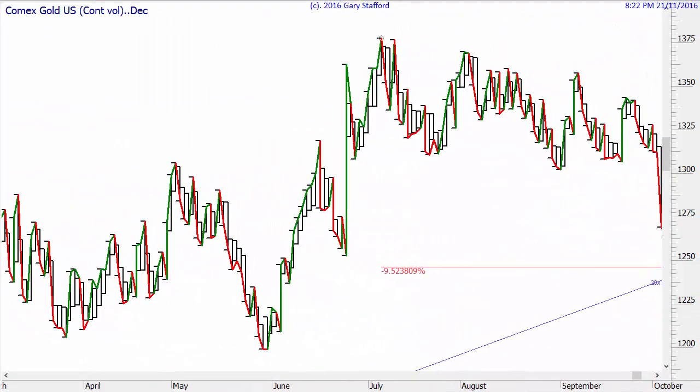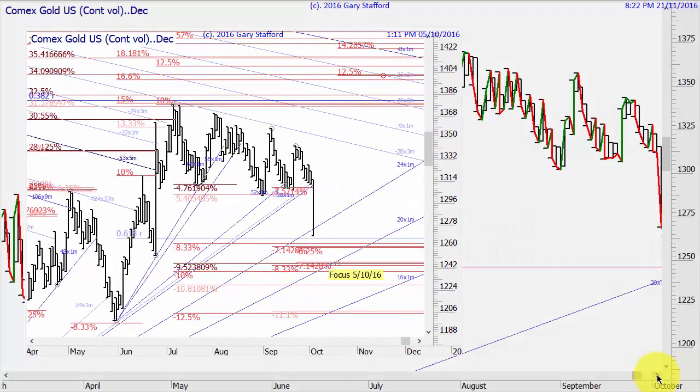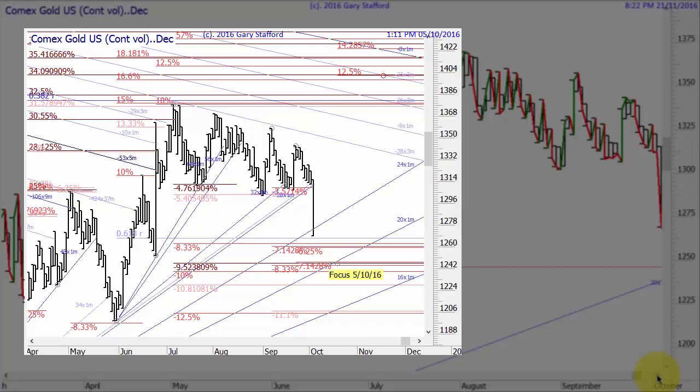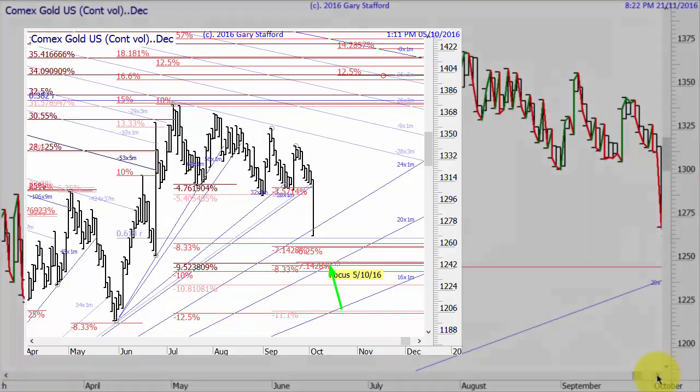Now the next trade I made was on COMEX Gold, and it was based on a signal I gave on the 5th of the 10th, 2016. And the market looked like this when I gave the signal. We just had this massive fall in gold, and I was looking to buy it at this level here and this angle. This is COMEX Gold. Let's go with the training video of the 5th of October 2016, and as I talk about in there, I'm watching for a possible buying opportunity here, although not stunning. If you're going to pick up my chart, it'll be CO 500 by GS.